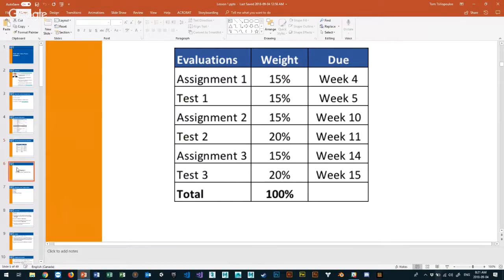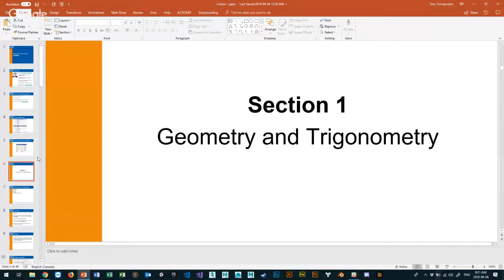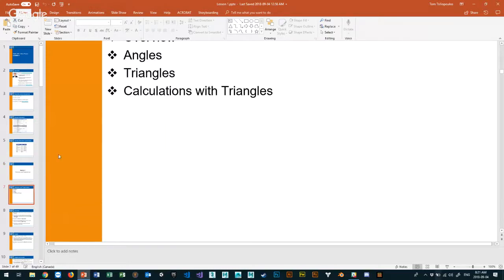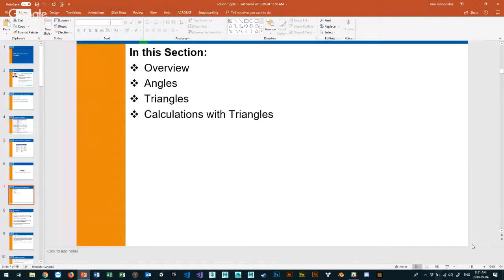All right, let's get to the heart of it. We're talking about geometry and trig. I'm just going to make this a little smaller. This is the lecture piece, guys. We've got angles and triangles, and really that's it that I want to talk about. I don't want to talk too much about trig, but without triangles, figuring out physics is really hard. You can still do it with other methodologies, like using vectors and matrices, but triangles make things a lot easier.